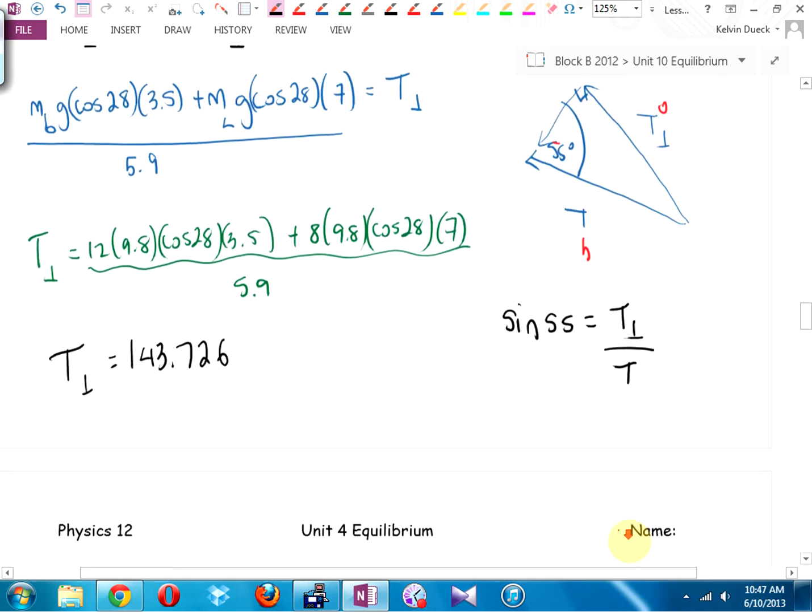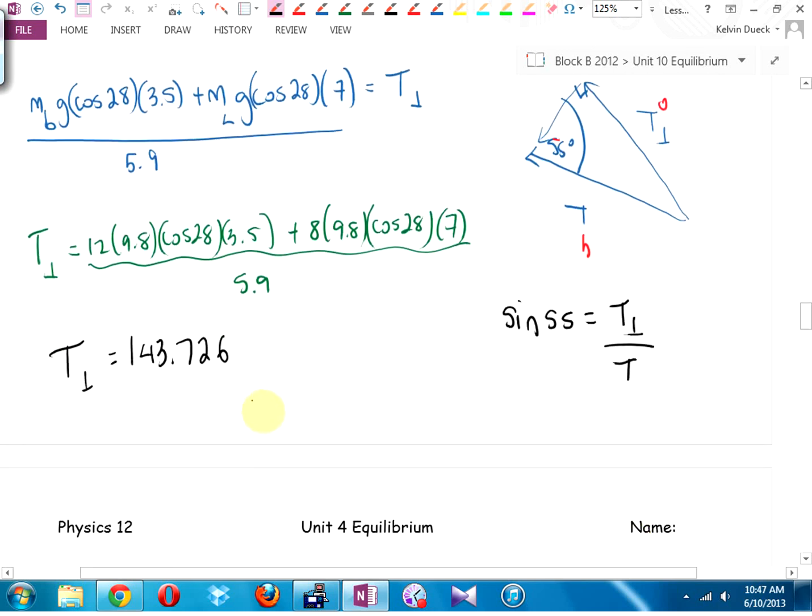So I think tension is going to be perpendicular, yeah, no, it looks like sine. These are my 5s. Divided by the sine of